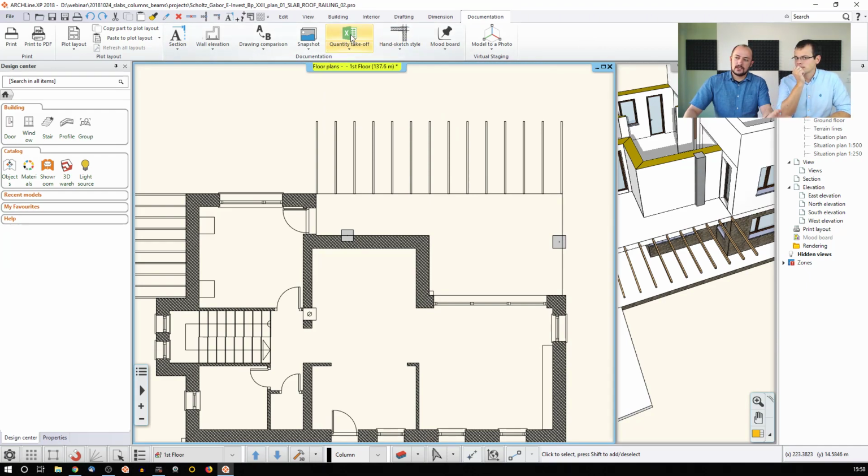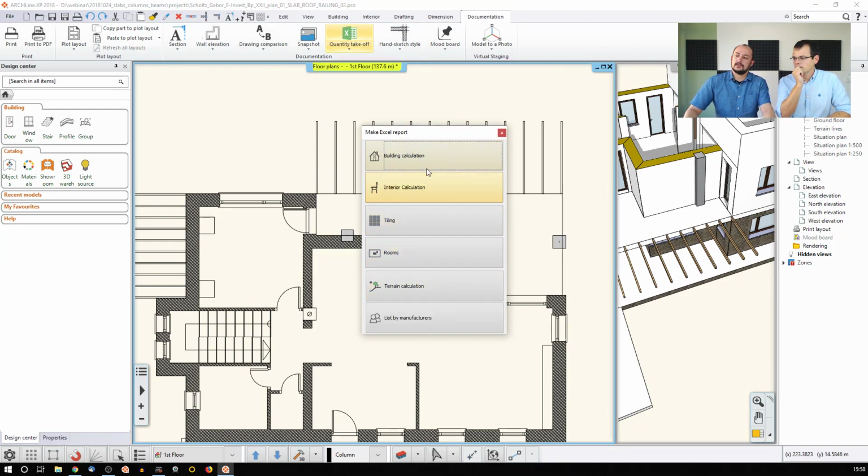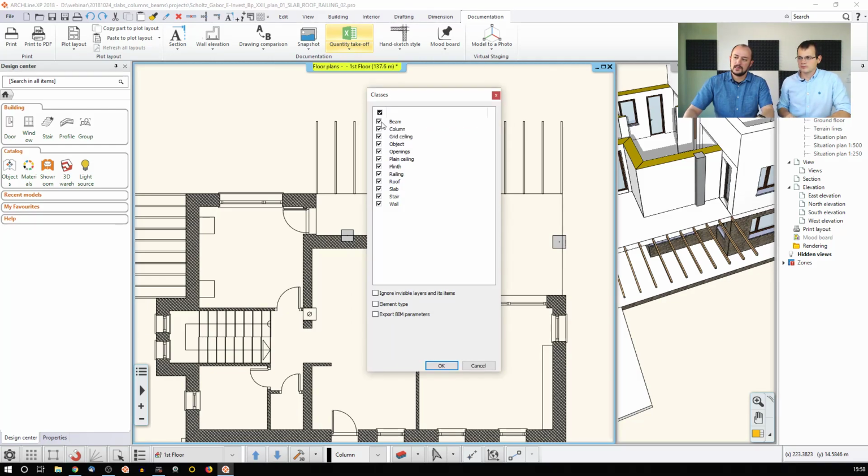One is you just click on this option and then you can select what sort of information you would like to collect. Now I'm about to collect the building calculation, and here I can enable or disable what sort of item I would like to see. I just disable everything and I keep the beam, the column, and for example the slabs, because this was the focus of today's webinar. And here you can add extra options. You can even export the beam parameters. Now I skip that, but if I